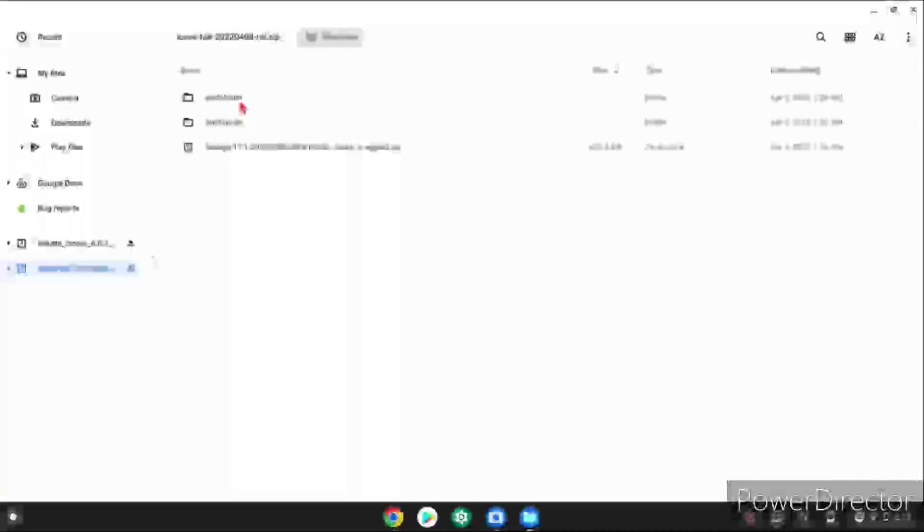If you're doing this on a Chromebook and you copy these and you get two of the same folder, just copy the contents of the new one into the original folder,